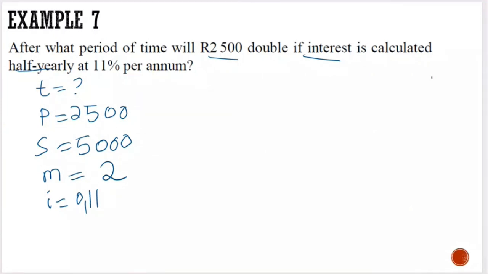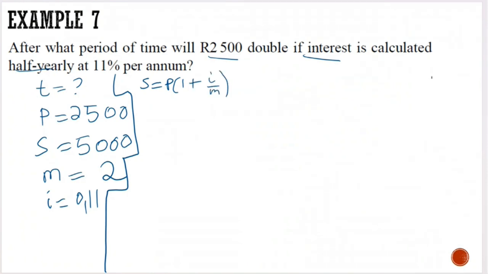We need to find the time. Always, always, forever, you get your formula. Your formula is S equals P into 1 plus i over m. What is your S? Your S is 5,000, which is equal to, what is your P? Your P is 2,500